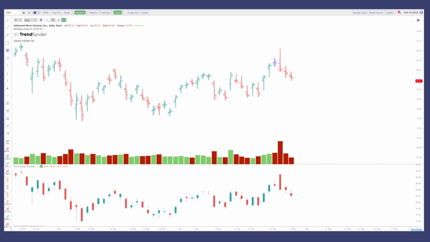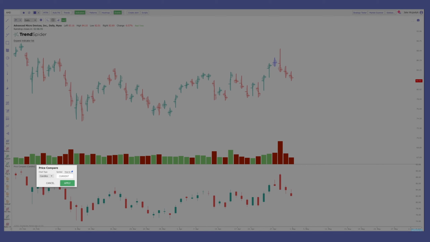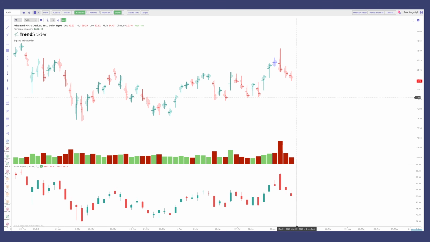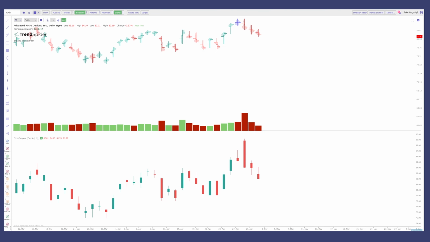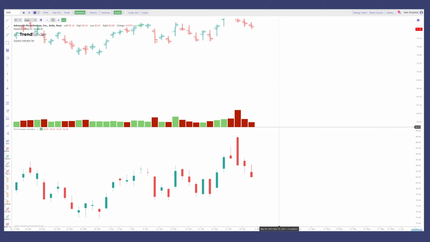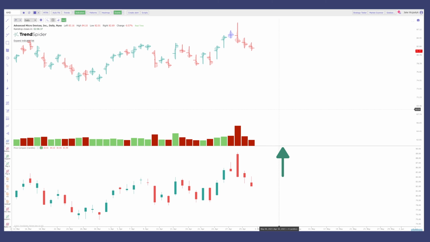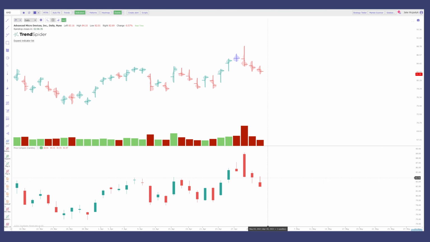Once you have the price compare below, you'll see that you can click these 3 dots here, and you'll be able to compare, let's say, the current candle versus the raindrop at the top chart. Click apply, and you'll see that now you're looking at the raindrop versus the candle here. So you're able to go in, you can make this bigger or smaller. You can adjust it by simply putting your mouse over this horizontal line. And you'll see here that now you're comparing the raindrop to a regular candle, and you can start looking for